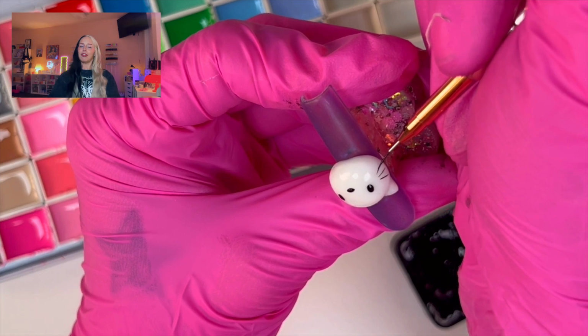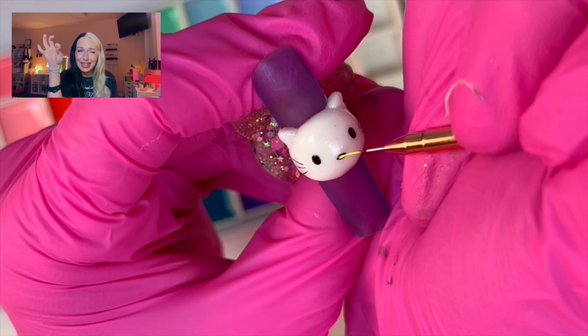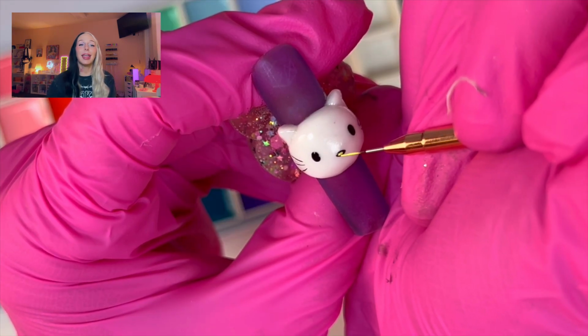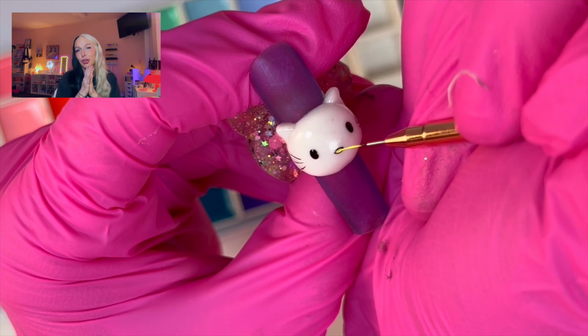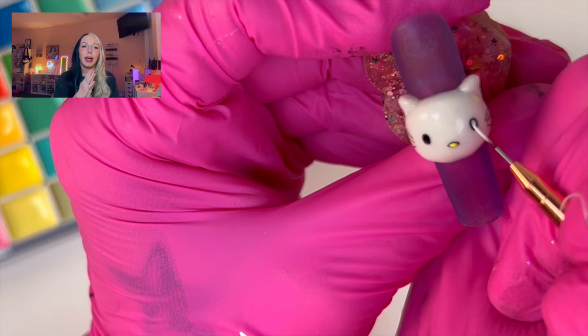So she's got 3 whiskers on each side. I am using a smaller, shorter, skinny brush for those because it's very tiny. And then we're going to cure that, and then we're going to add a little bit more detail. I didn't want to just leave it like that. I wanted her nose yellow, and since